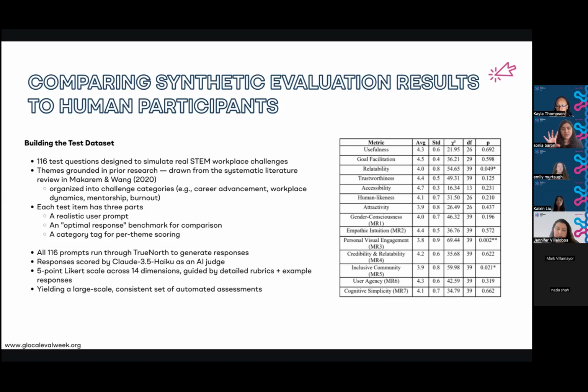So to fit those categories into the metrics, they did a chi-square. And it's just checking one thing: do TrueNorth's grades depend on the subject? So was it great at mentorship questions but bad at burnout questions, or was it about equally good no matter the topic? For 11 of the 14 qualities in the table, there was no real dependence on the subject in the chi-square. That means TrueNorth performed consistently. Only 3 qualities show real differences, and those are the ones we would target for improvement.